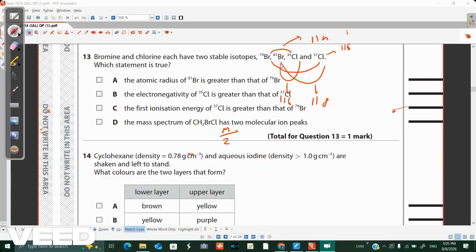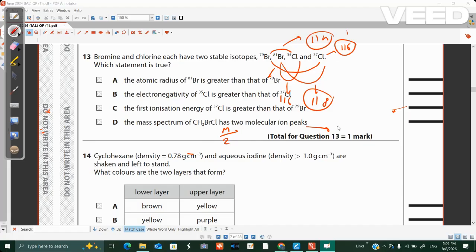So in that case, how many peaks are you getting? 1, 2, and 3. Three different masses. Three peaks are there. So therefore, not 2, you are getting 3. That is wrong. Which statement is true? Even though it is not related to isotopes, the statement is true. Other statements are wrong. This is wrong. Electronegativity